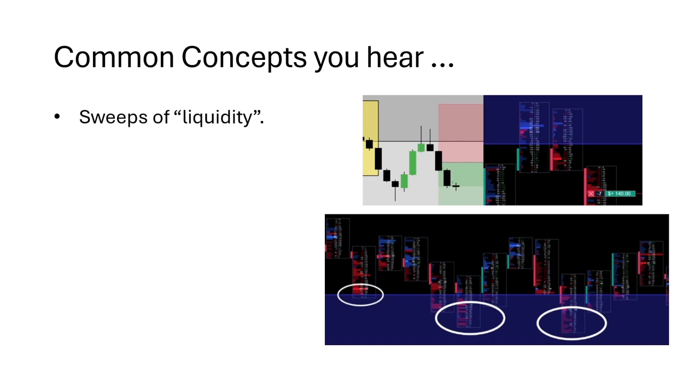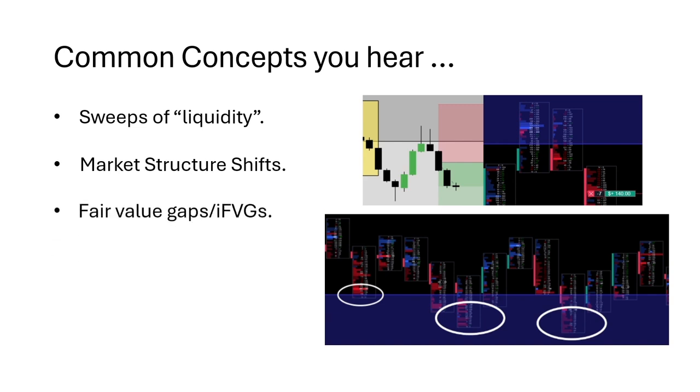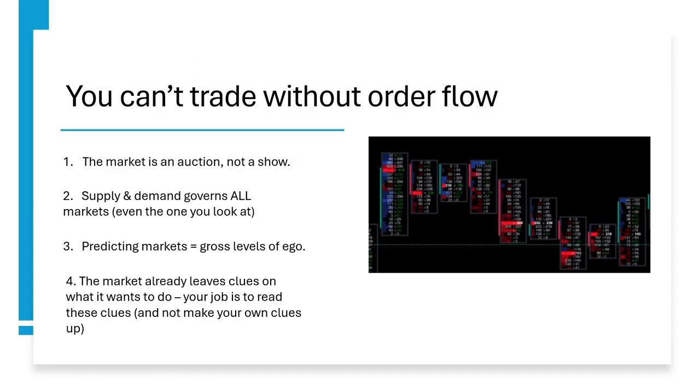So if you're trading sweeps, you need to stop. If you're trading market structure shifts, understand why the shift actually happened. If you're trading fair value gaps, you have a higher chance of winning the lottery in the long term. If you're trading support and resistance without understanding how they work, you're essentially flying that plane blindfolded across the sea. And trend lines, you know, the angle of your trend line does not matter, right? And more importantly, your angle of 62 degrees or whatever it is will not be enough against a multi-trillion or billion-dollar market ever. So you